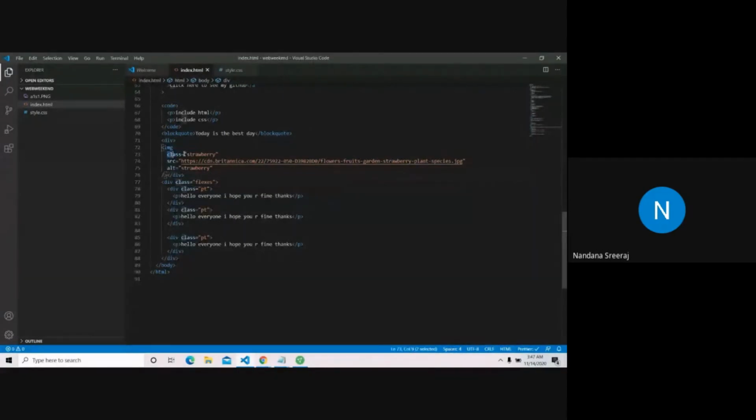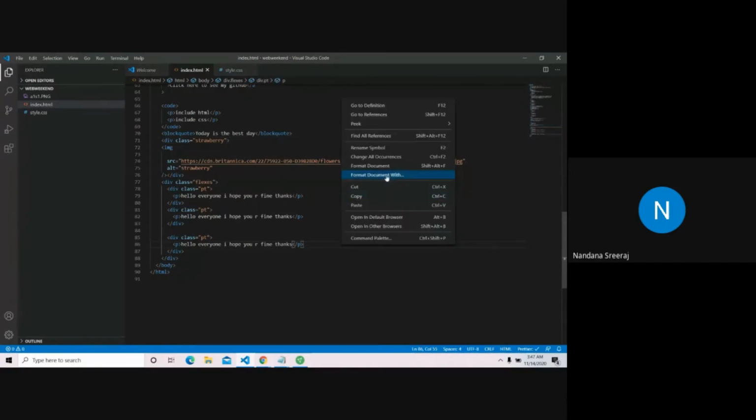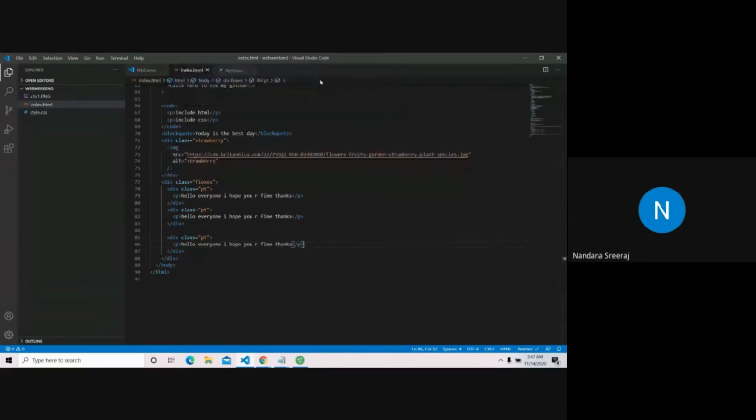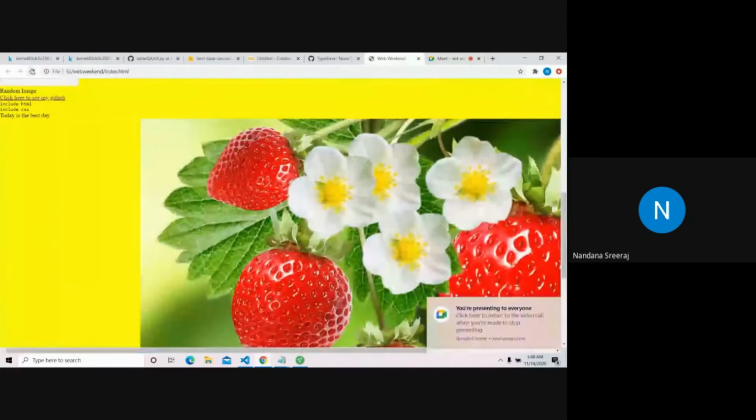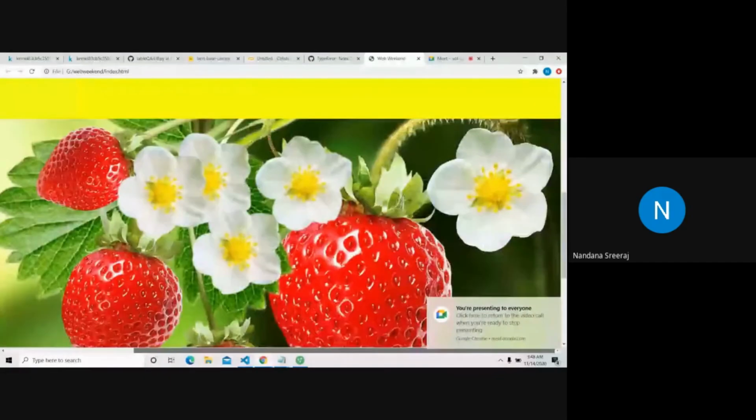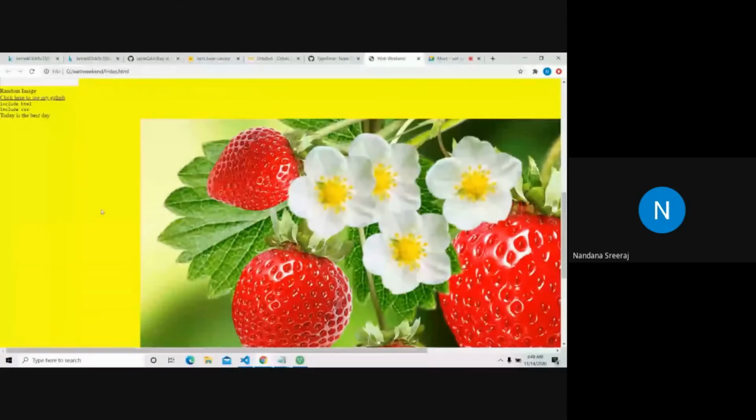I am going to give this class strawberry to the outer div tag. What if I had done it like this? I'll format the document right here. So I gave the class name to an outer div. It's not going to work the way I want. It's not going to change the image width. See, the image width remains the same. Just the left margin and right margin come, but the width of the image remains the same.